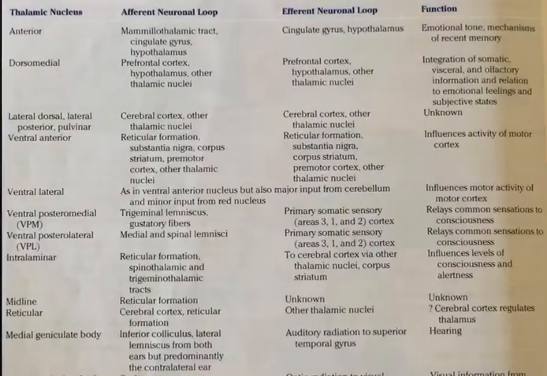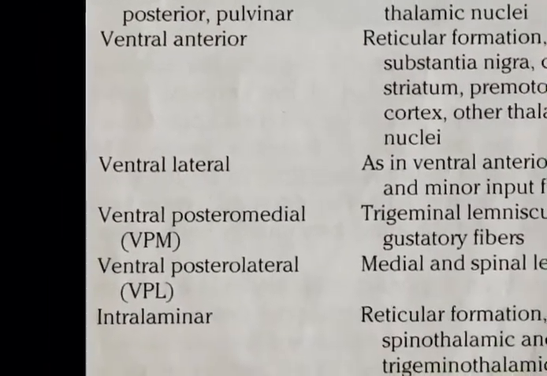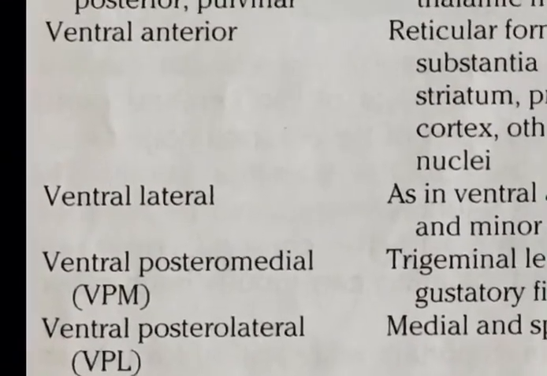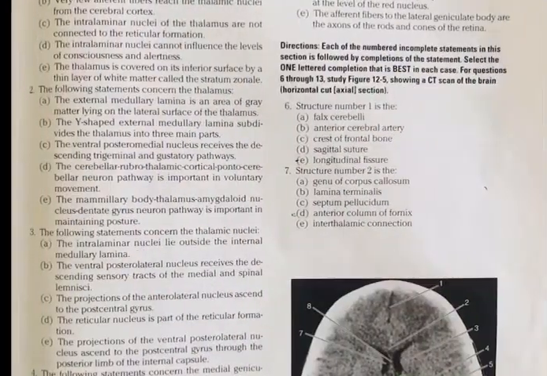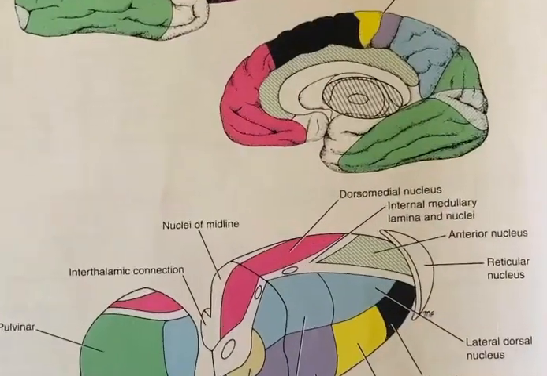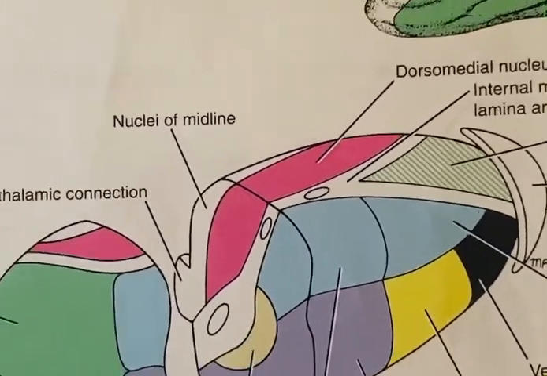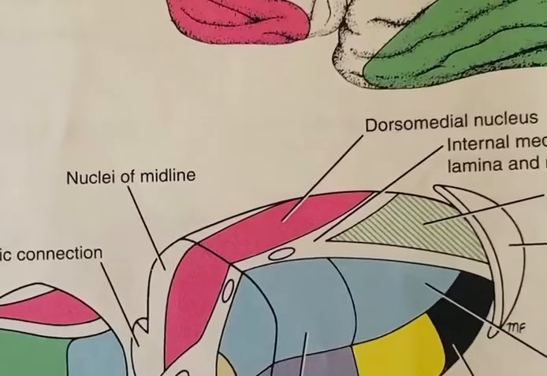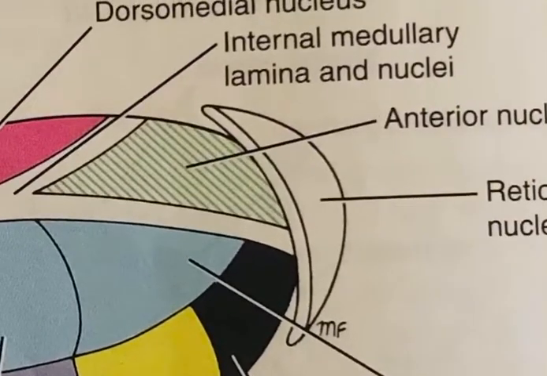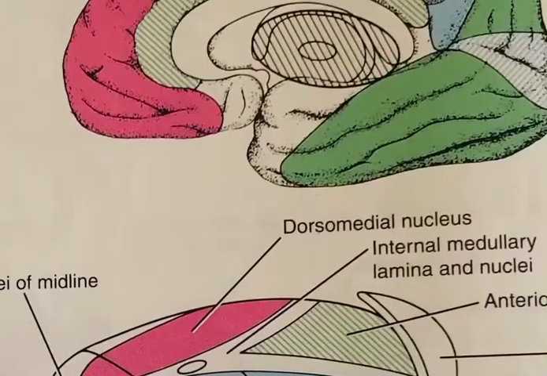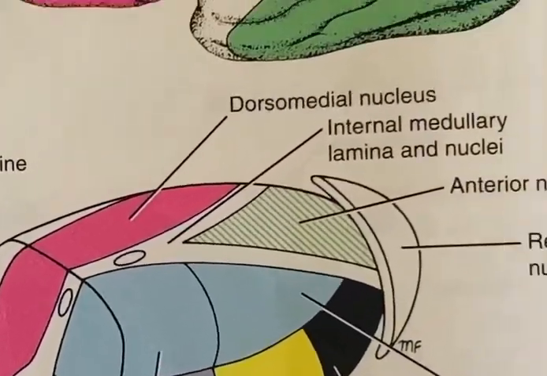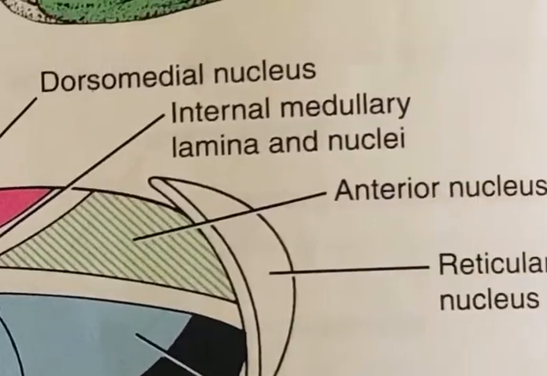The next picture, thalamus connections, so many connections. Before that you should know that there are a few nuclei. One is anteriorly placed, another is dorsomedial, dorsolateral, ventral, all these are given. I will tell you the important nuclei and their functions. Number one, this is the cut section of the thalamic nuclei, and here it is anterior. Look at this, this is the anterior nucleus, and here is the dorsal aspect, and here is the ventral aspect.